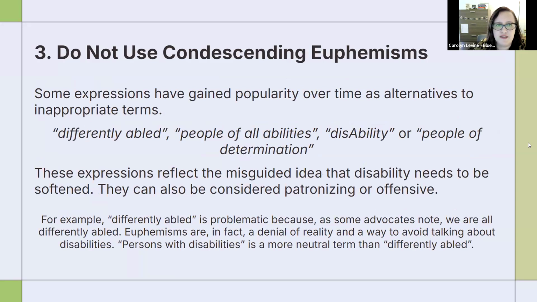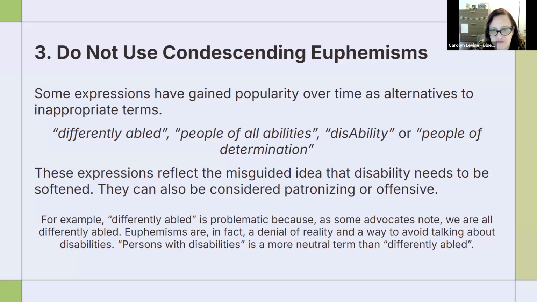All right, number 3. Do not use condescending euphemisms. Over the years, there have been some expressions that have gained popularity as alternatives to inappropriate terms, things like differently abled or people of all abilities, disability with a capital A, people of determination. This reflects the idea that disability needs to be softened, and it can come off as patronizing and offensive. So using the phrase differently abled is problematic because a lot of advocates will say everyone is differently